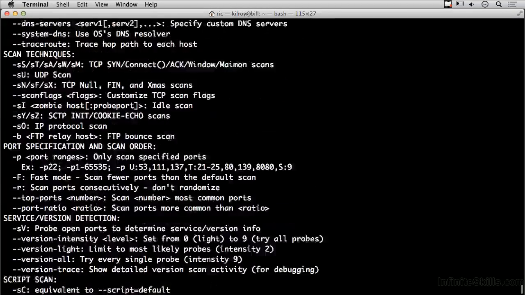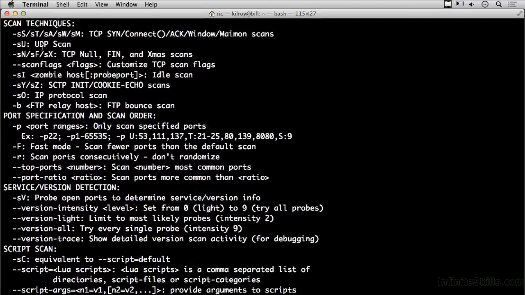Now, what I want to focus in on here is the scan techniques. You can see a -sS, which we've looked at. That's the SYN scan. A -sT is a connect scan. Now, the difference between these is a SYN scan really does a half-open connection. We send the SYN message, we get a SYN ACK back, and then we just leave it. So the other side really has a half-open connection on their end, and eventually that gets torn down just because